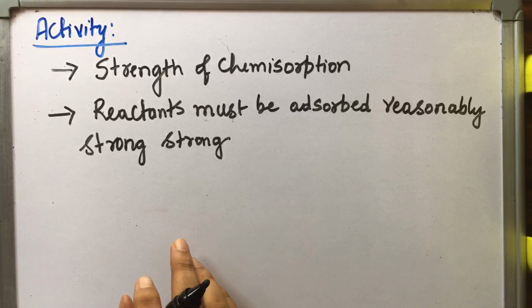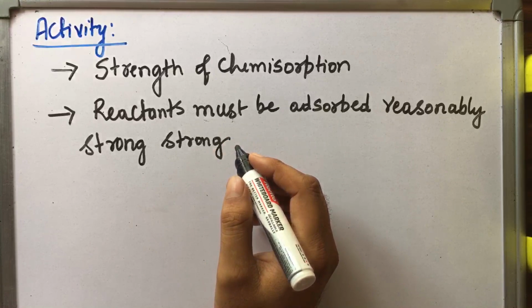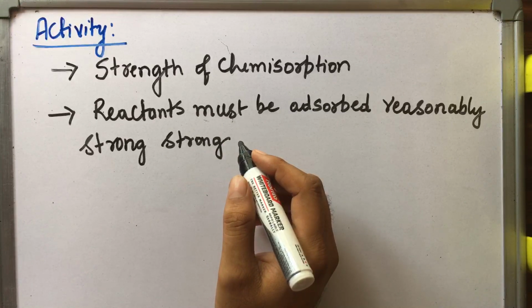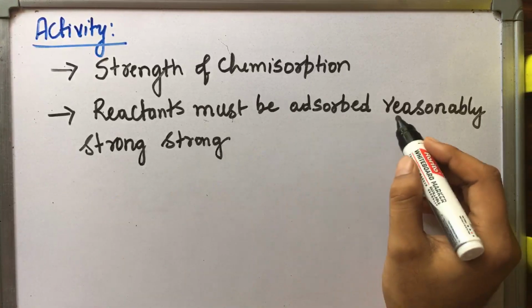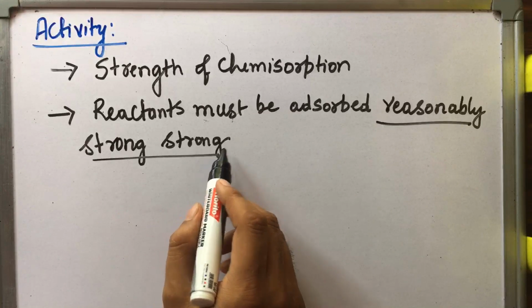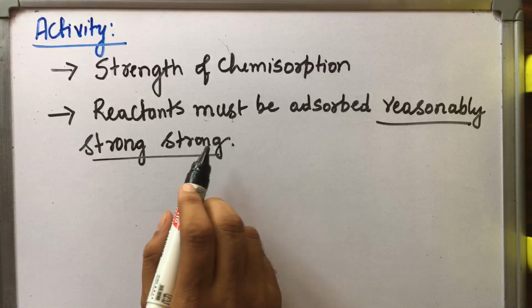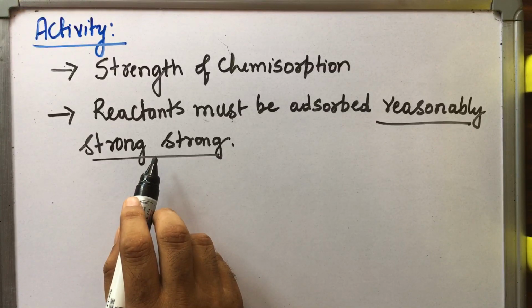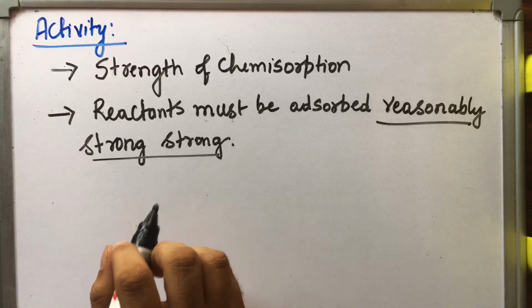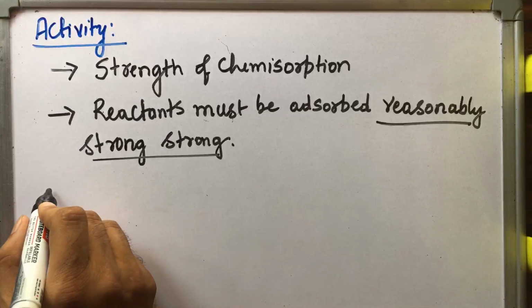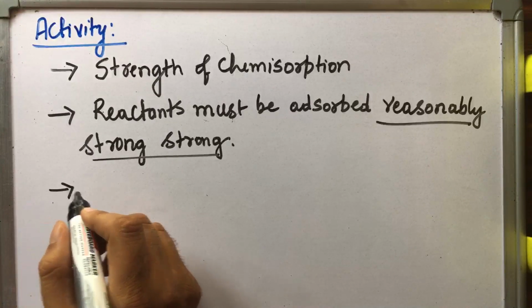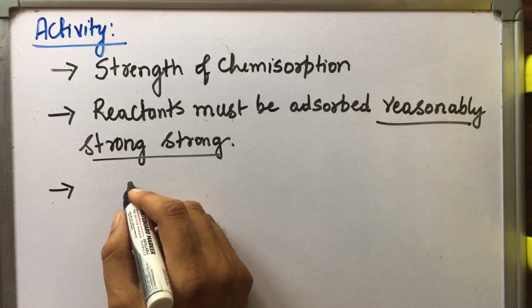If it is very strongly held, then those would be immobilized and the other reactants are left with no space on the catalyst surface for adsorption. If it is very loosely held, then there would be no scope for the interaction of the reactants. So it has to be adsorbed reasonably strongly, not very strong, not very loose, so that once the reaction is over, it can be desorbed and it gives the scope for the next reaction. And the third important point is that it has been found that for hydrogenation reaction, you have studied